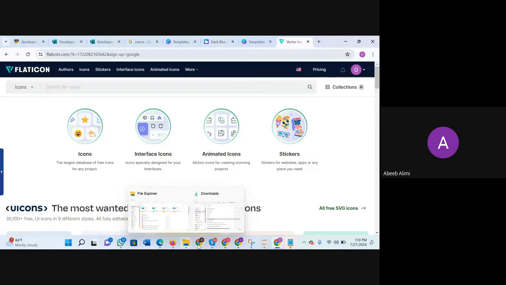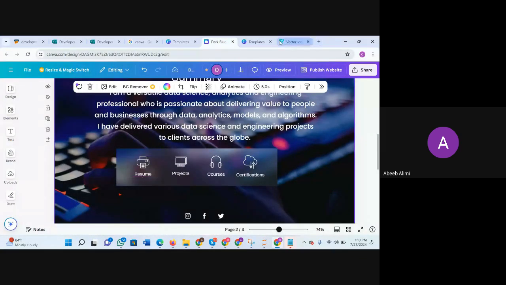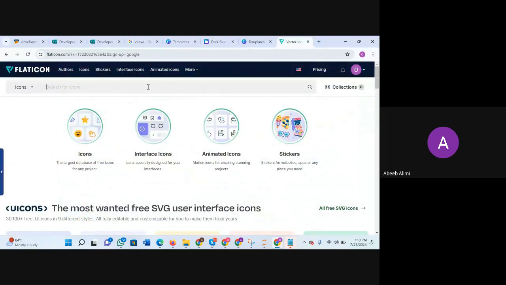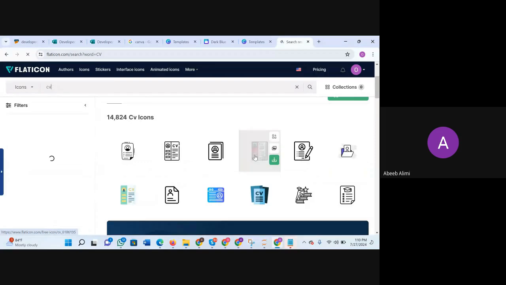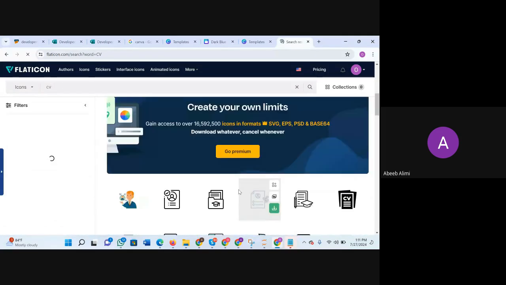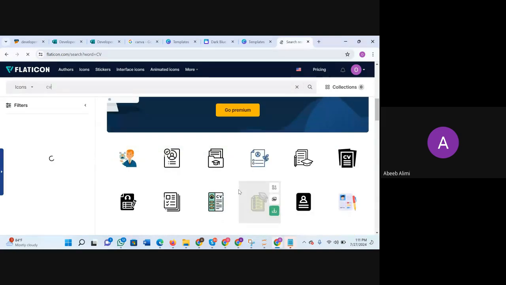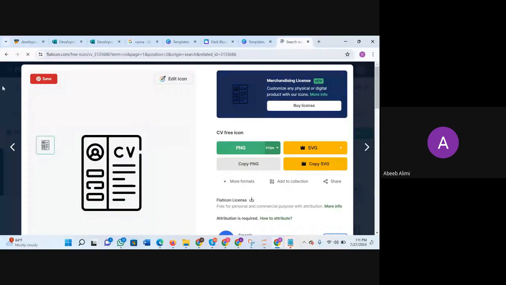So the first icon we are looking for is the resume icon. So we can come here and search for CV, to see which icon works. There are different icons. You can choose any CV icon that you want. So if you download this straight, the challenge here is if you download the first icon that we saw here,